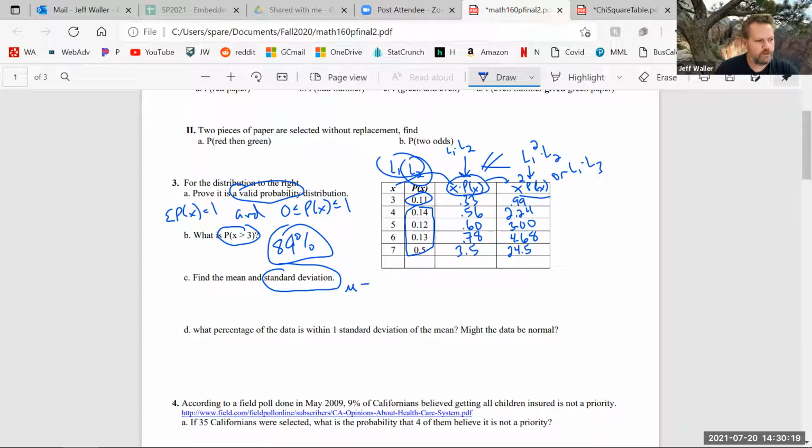And then you'll have on your formula sheet, if you see these, the time to use them is when I give you x and p of x, which I did. So there's no mystery about which formula to use, right? So if I just add this column up, I'll get the mean. 1.01, 1.16, 2.17, 5.67, is that right? Just doing it in my head.